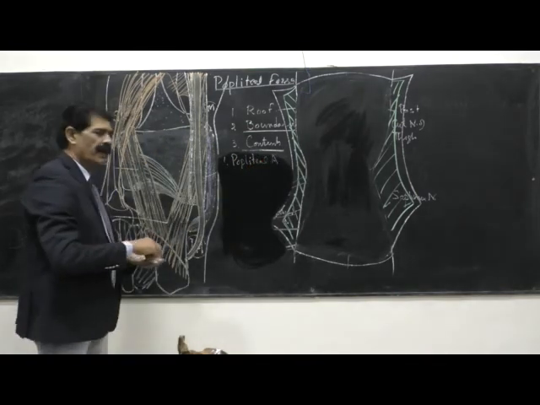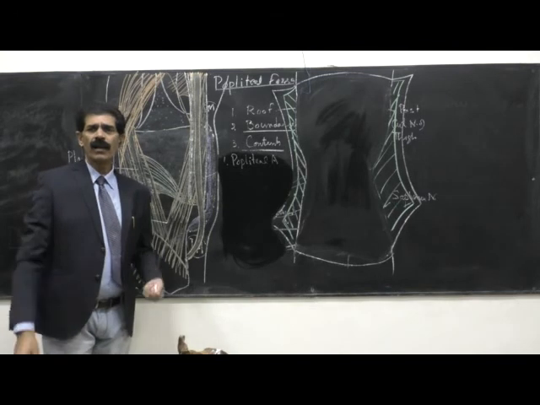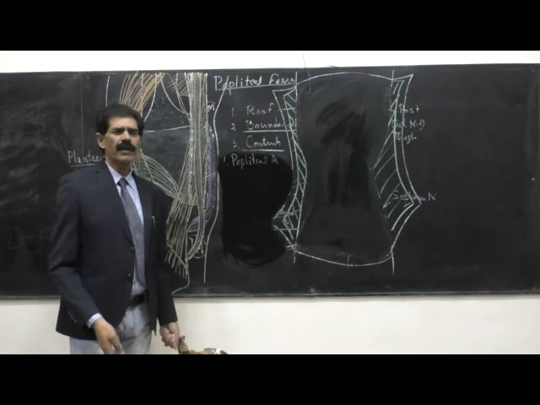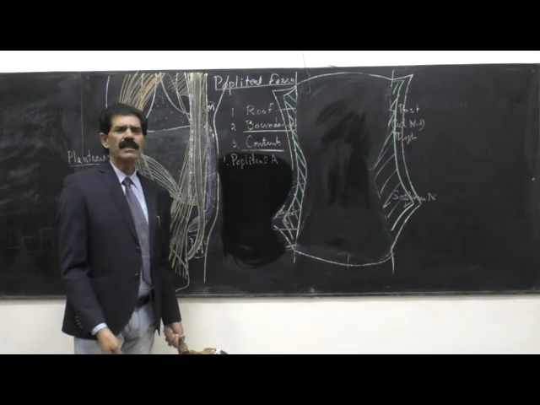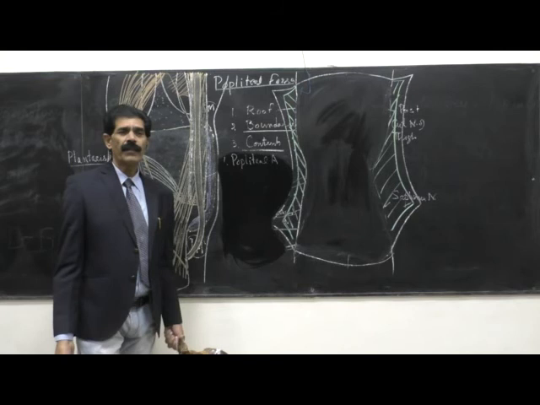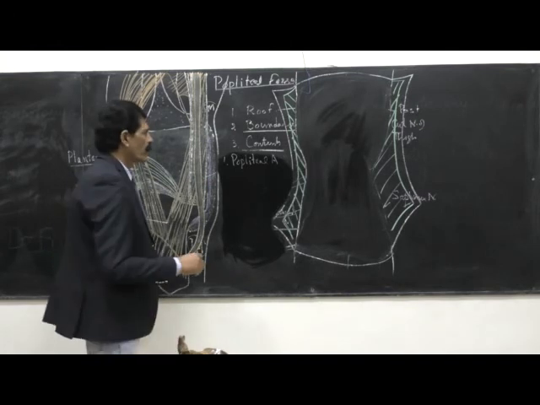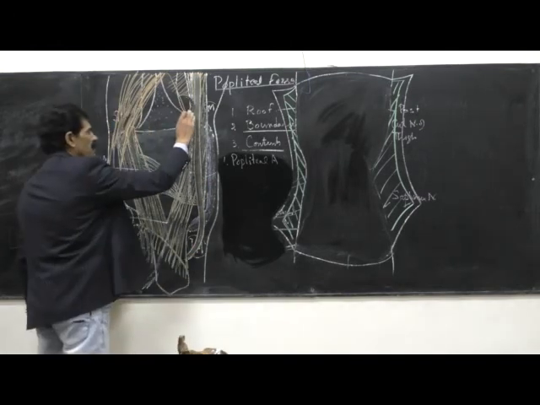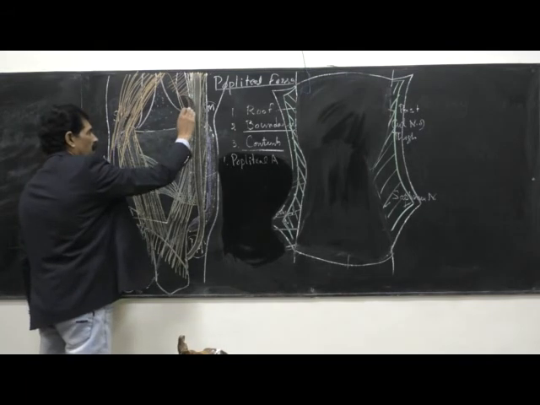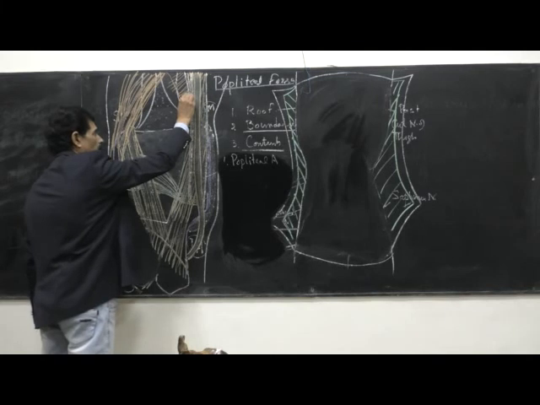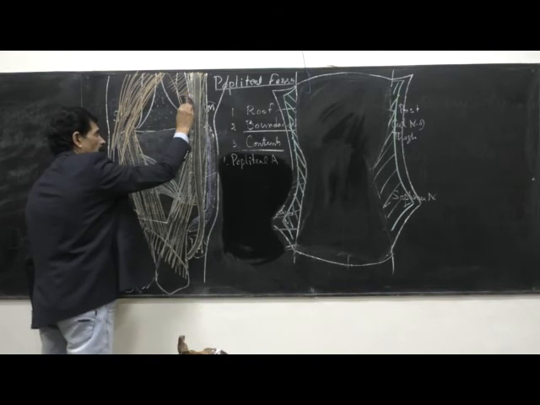As we know, the popliteal artery is the continuation of the femoral artery in the hiatus magnus in the front of thigh. We have done that femoral artery, after passing through the hiatus magnus, disappears from the front of thigh. Now it will appear in the popliteal fossa as a popliteal artery. So here we see this is the hiatus magnus. So in this hiatus magnus, the popliteal artery comes now,